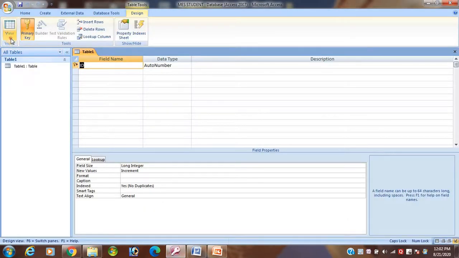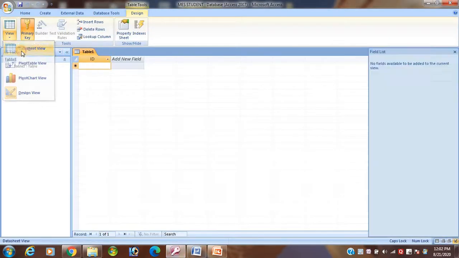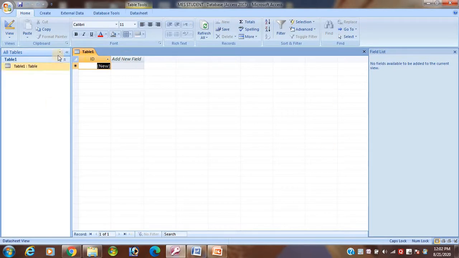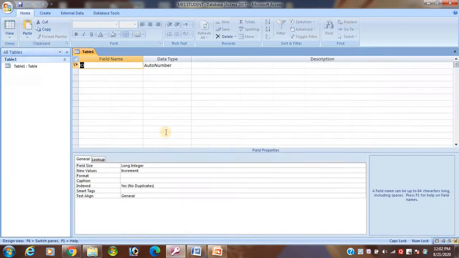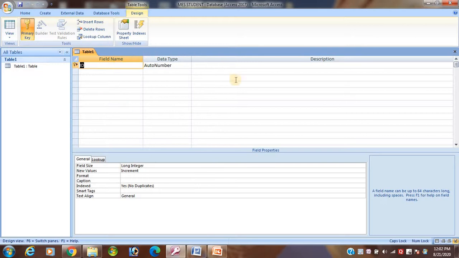Again view, go to the datasheet view, this one. The student ID, add new field, like this. If this type of page is displayed, this one is your datasheet view, and if this type of table is displayed, that one is your design view. But both have the same purpose, to make a table. Is that clear student?